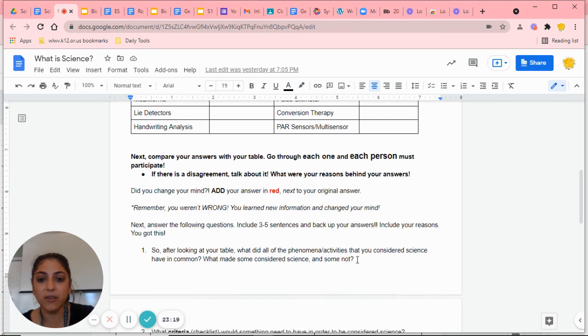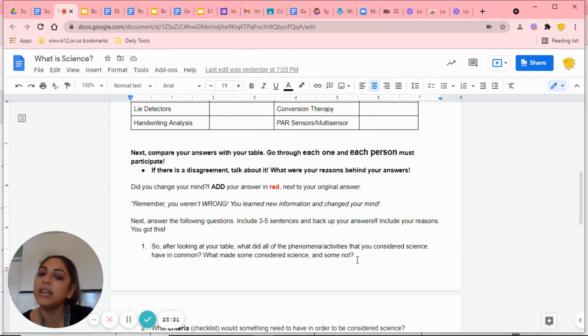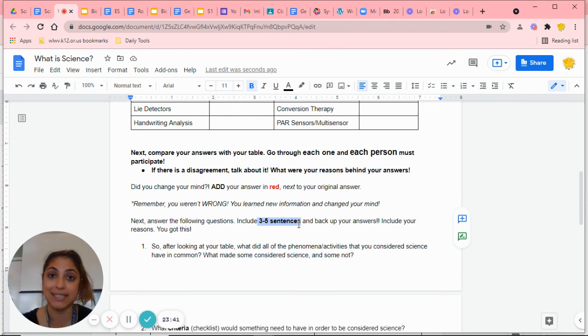So what I'd like for you guys to do is in 3 to 5 sentences, and this is something that's going to be true for the entire semester. I am always going to ask you to have a minimum of 3 to 5 sentences because you're in high school and you can do it. I know it sounds really challenging to come up with 3 to 5 sentences, but the minute you start going, you'll be surprised at how you can't stop.